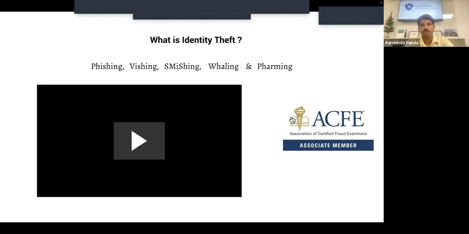It can happen through your devices. It can happen through your old devices from which you have not deleted data. It can happen through you providing the data, or your family member providing the data, or physical documents, let's say Aadhaar card, PAN card, or passports that you are leaving with your bank people, or your credit card information out there. So be aware of all this information which you are sharing online to take care of this kind of identity theft.